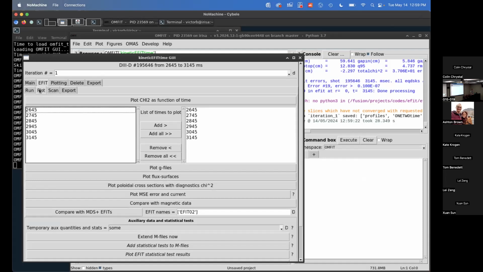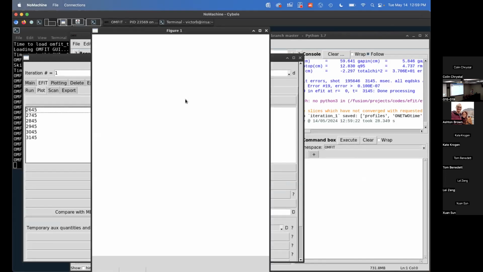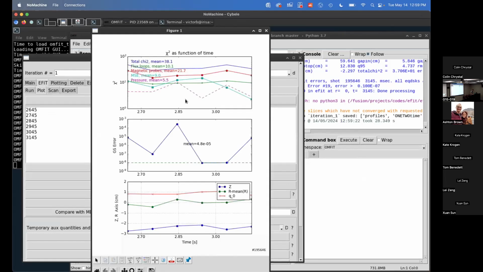All right, so the kinetic EFIT's done. As I did after the end of the first time I ran the EFIT, I plot chi-squared as a function of time. Here, I'm looking at similar things. One, I'm looking at this Grad-Shafranov error and seeing if I hit 10⁻⁸. I did for 2 time slices. Interestingly, when I did this before this meeting, I only hit it for 1 time slice, which will go into what I'm going to show you next. But the other thing I'm looking for is the total chi-squared, making sure that none of these seem